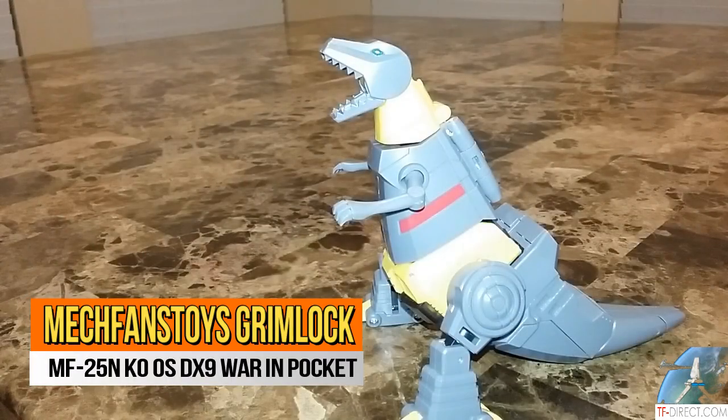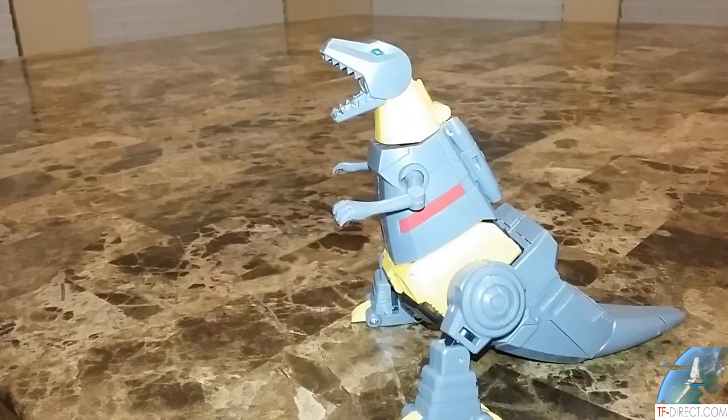Grimlock is a classic character from the G1 toy line and has been made in many different iterations. There have been so many different versions of Grimlock that it's not even funny. But now we're going to take a look at this Grimlock here, and this is the Mechfanstoys